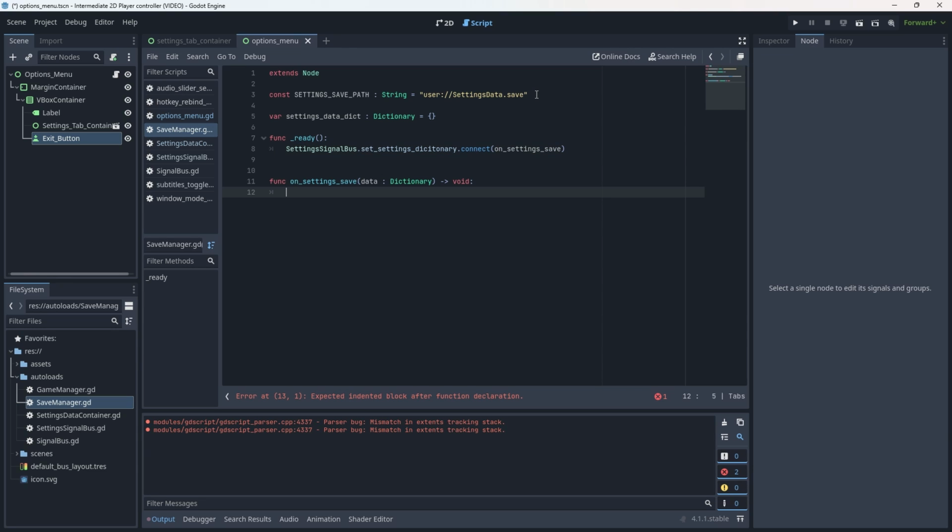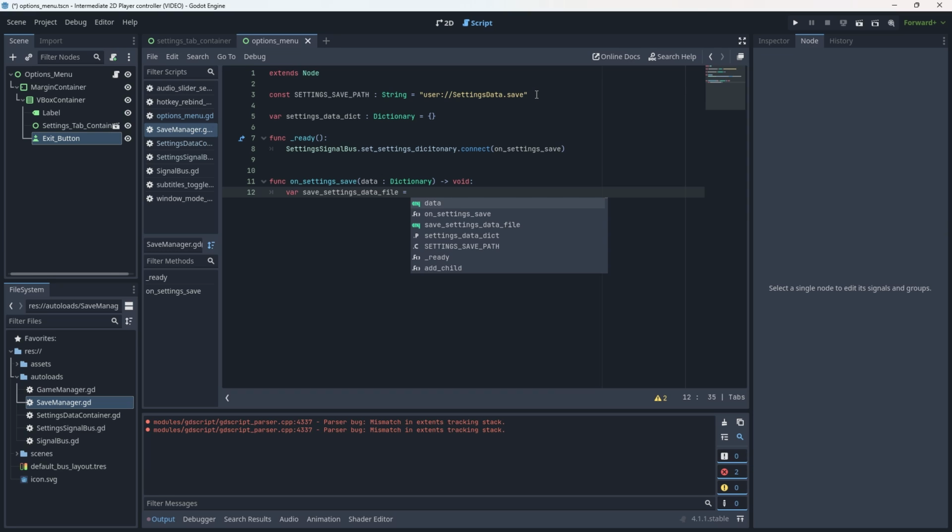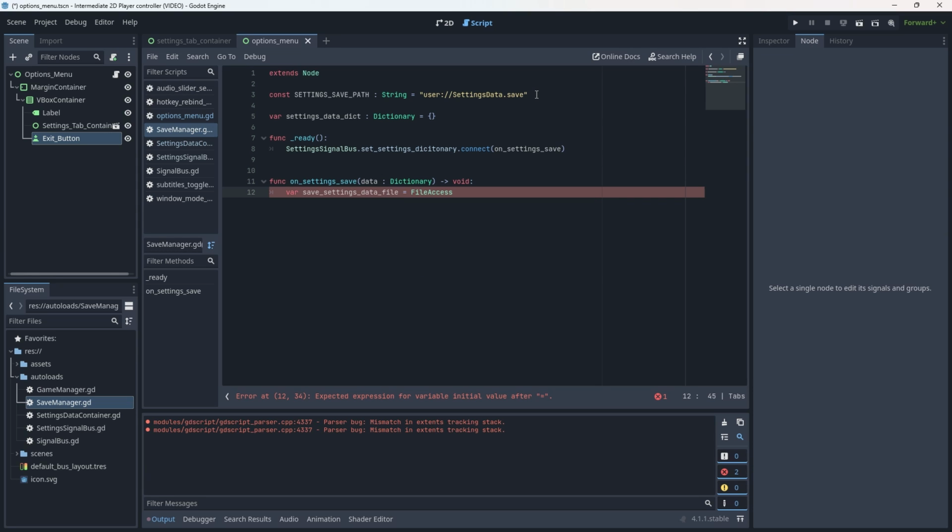So all we're going to do is handle the saving of the data. That's actually relatively simple, as said. What we have to do is create a new variable. We're going to call this the save_settings_data_file. So this is going to be specifically the file. We're going to set this equal to a FileAccess.open_